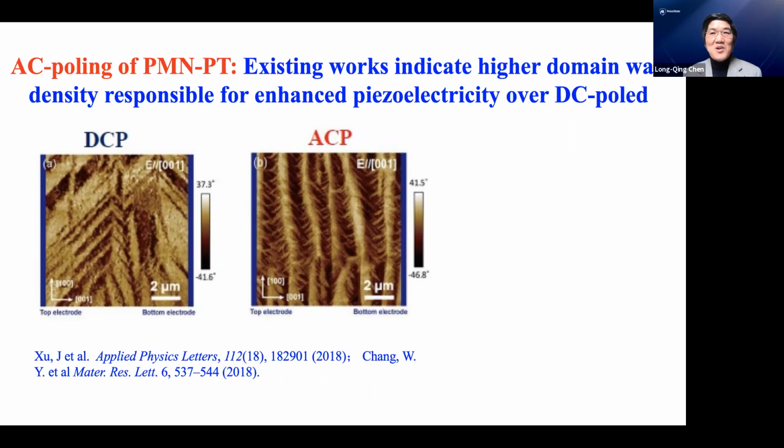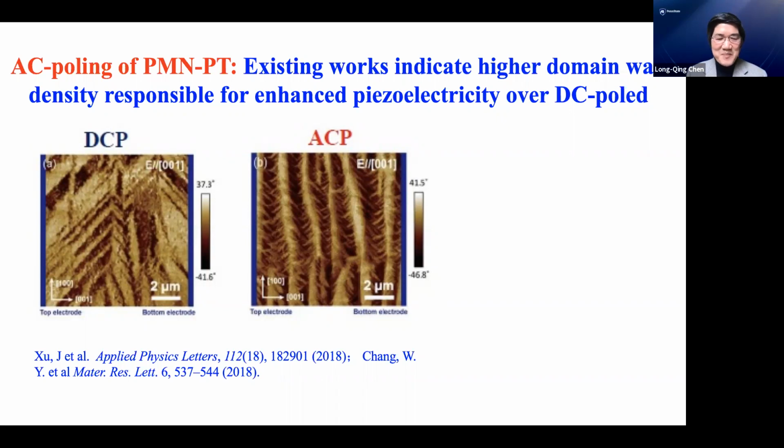So the AC poling is almost like a domain refining process, because most people believe the domain wall contributions can dramatically enhance the piezoelectricity of a crystal overall. So the reported explanation of why AC poling can enhance piezoelectricity is almost entirely attributed to the refining